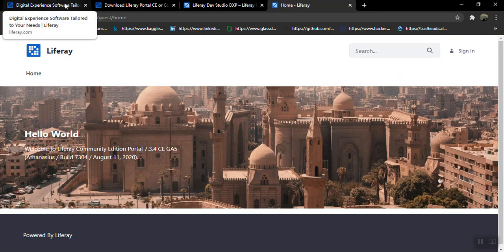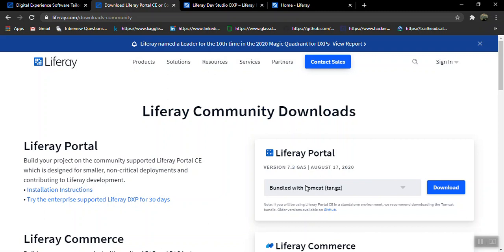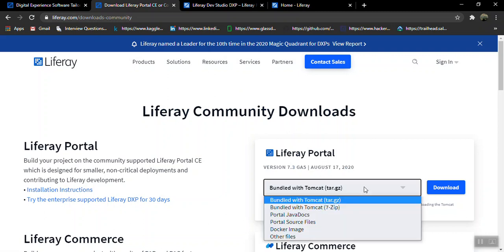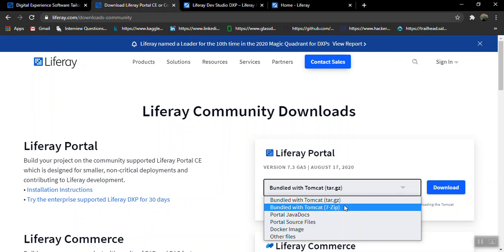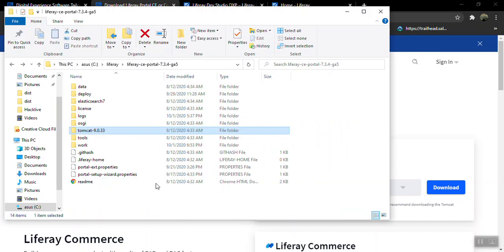So this is the official website of Liferay. You can download the Liferay portal community version. If you are using Linux, go with the bundle with Tomcat tar file, and if you are using Windows, go with the 7-zip Tomcat. I have already downloaded my Liferay.